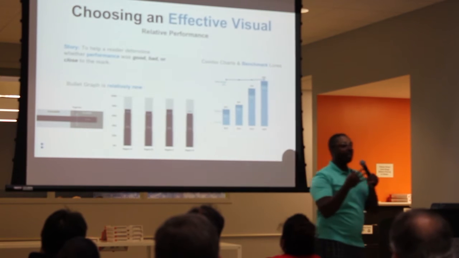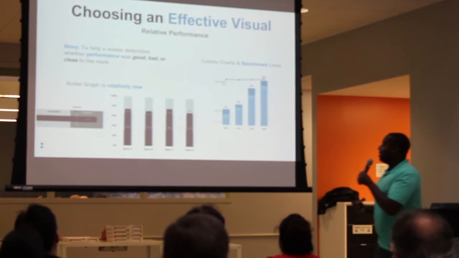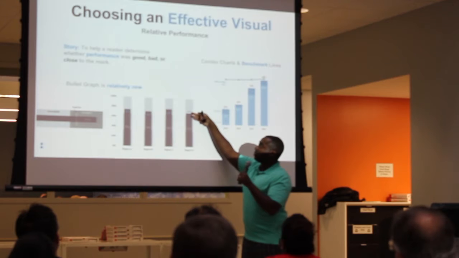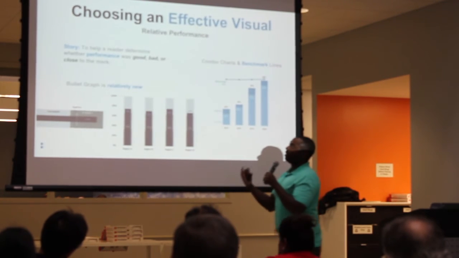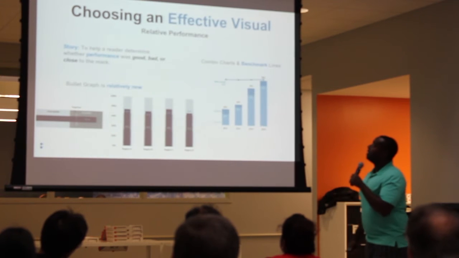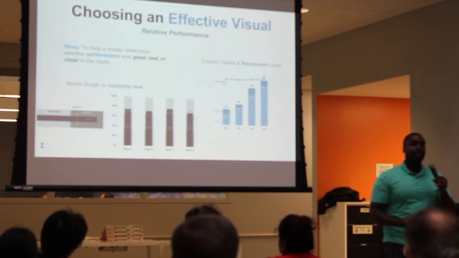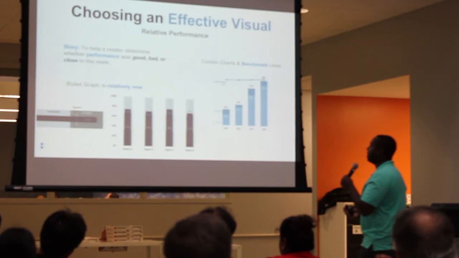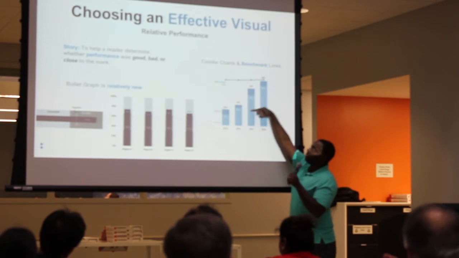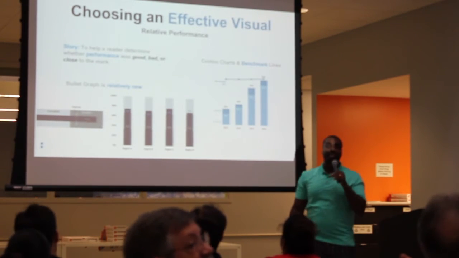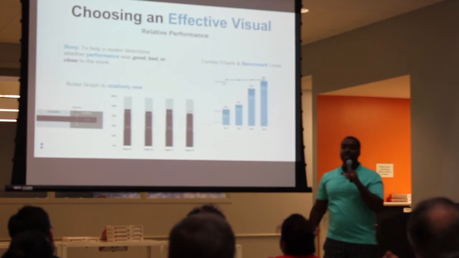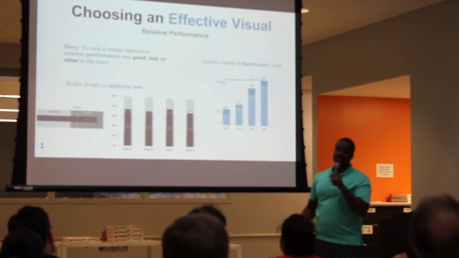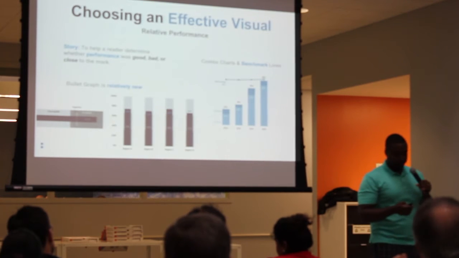And you can help people quickly understand that this guy didn't meet his benchmark. This guy set a really low benchmark that's still in the bad area. You can quickly understand that in the bullet graph. You can have just a benchmark graph, which is a bar chart that has just a line to show the benchmark. And that's very easy to understand. And then a combination chart, where you have a line chart and a bar chart at the same time. You plot different things on the line chart and the bar chart.